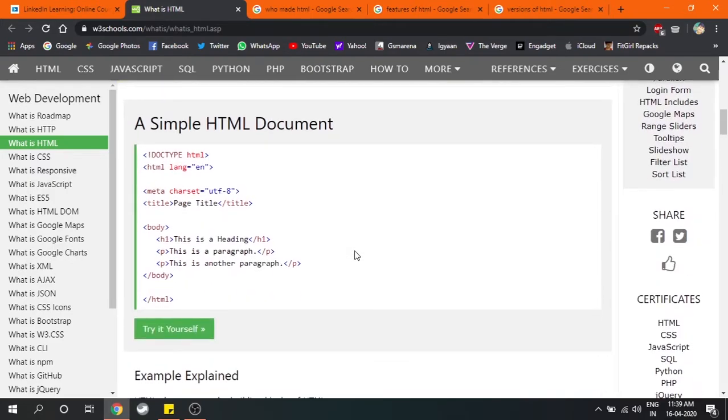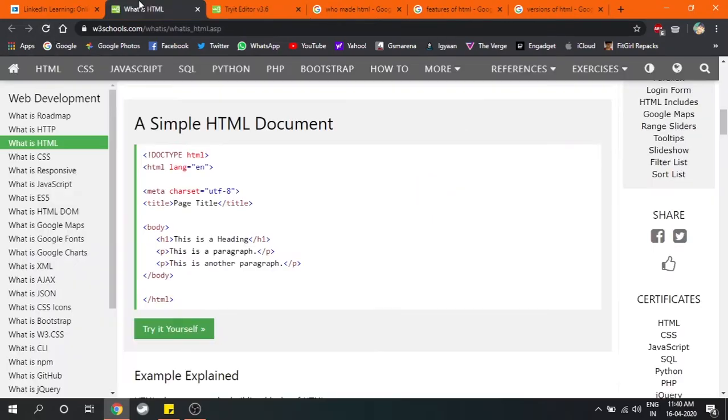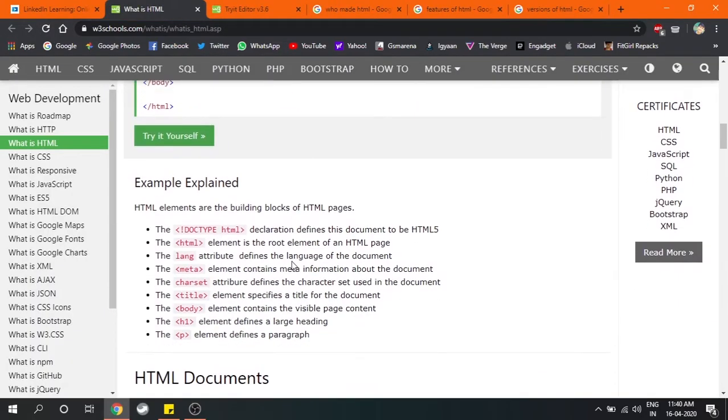So this is a simple HTML document, means a simple website that has a page title as heading. This is the heading. Then there is a new paragraph, then another paragraph. You can see it by going in here. It will look like this. Heading H1 will look like this, then a new paragraph, then another last paragraph. So this is how the HTML website will look.